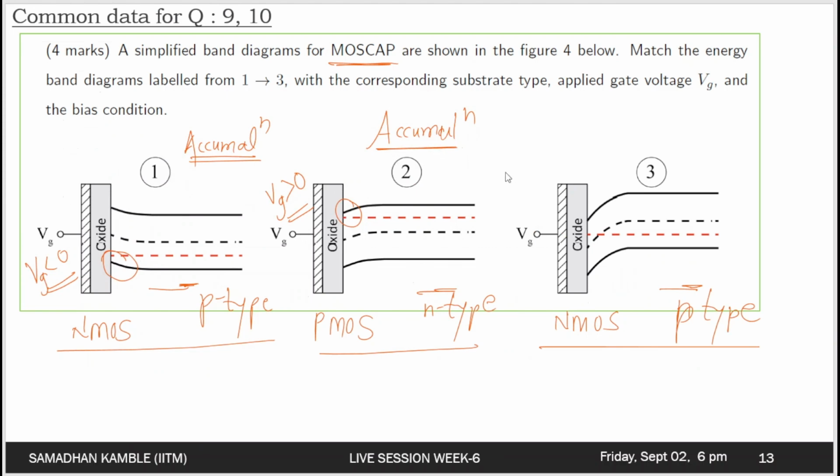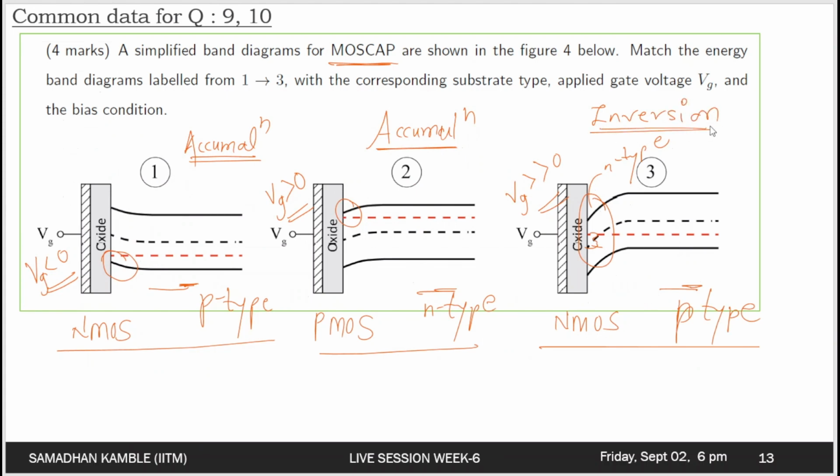and this is also an accumulation configuration, accumulation regime. And going to the third case, you can see there is an offset being formed here, and this is indeed the inversion layer. So even for the P type substrate, it looks similar to the N type. So we can see that this particular region has inverted from P type to N type. So this is indeed an inversion, and for a large amount of electrons to accumulate at the oxide semiconductor region, we need large positive voltage here. So Vg should be very high than 0,